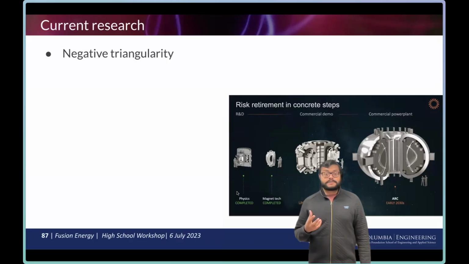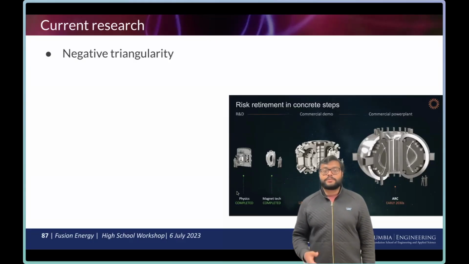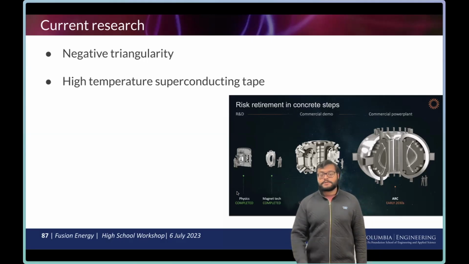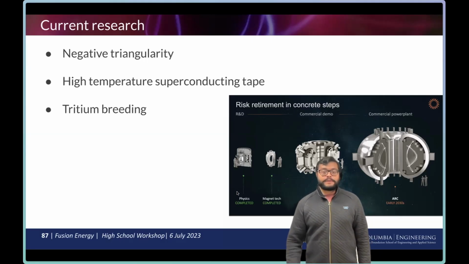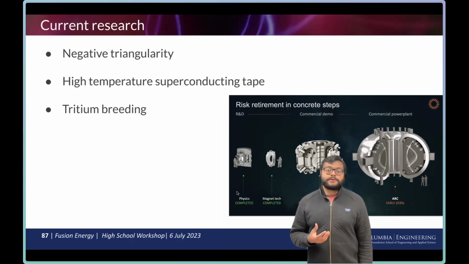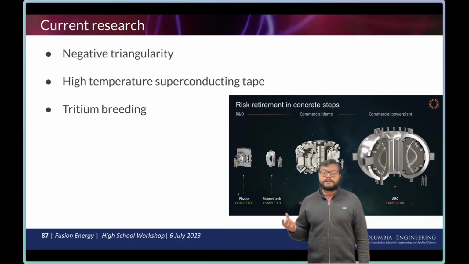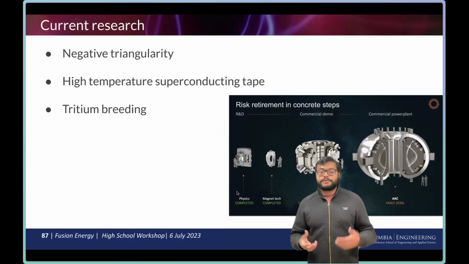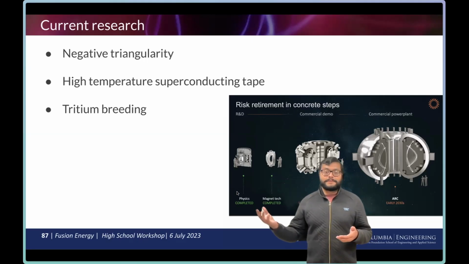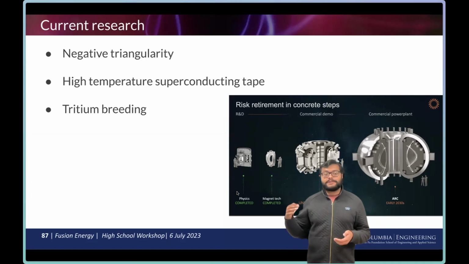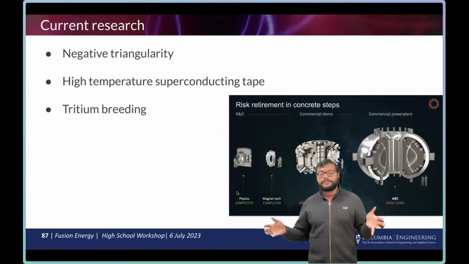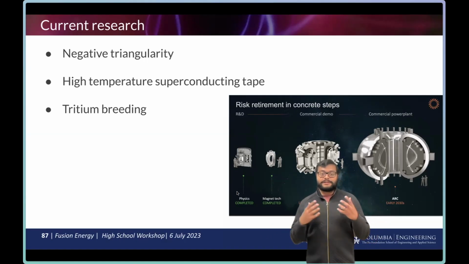So there are a lot of topics that are currently being researched. One of them is negative triangularity, as I mentioned. High temperature superconductors, like those being used in SPARC. There's the fuel breeding problem. Essentially you have these neutrons that can hit a blanket and produce tritium, and you need tritium and deuterium to do your fusion. There's a very small amount of tritium available in the world now. So these neutrons should hit this green blanket and produce tritium so that we can have a fuel cycle that